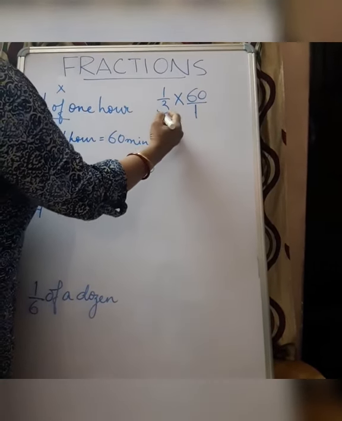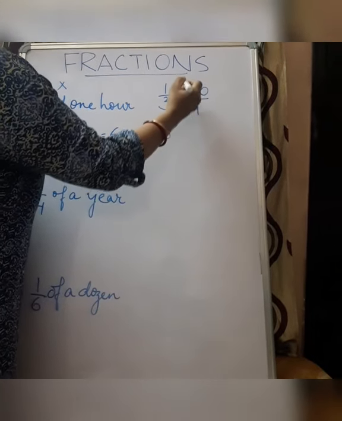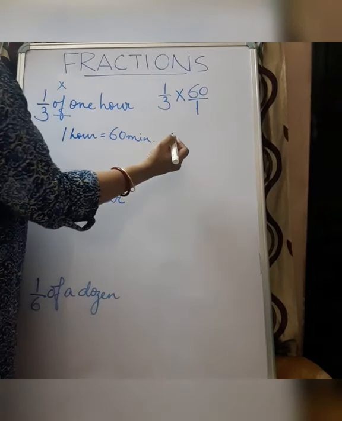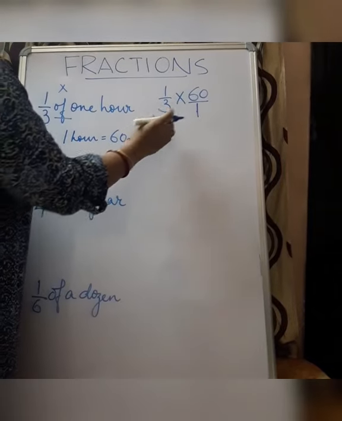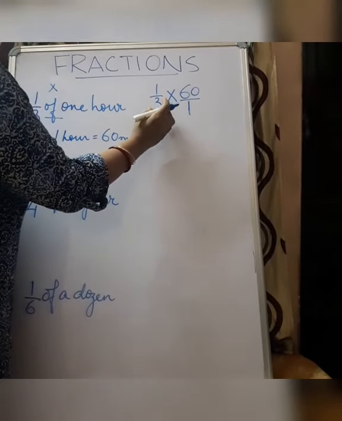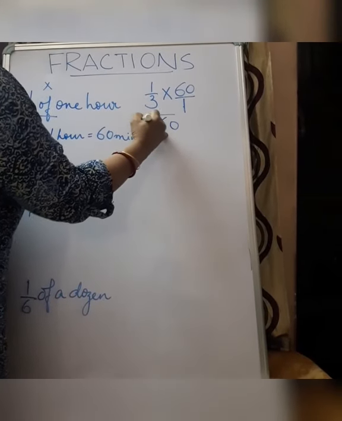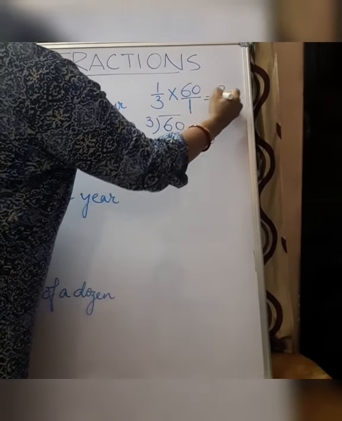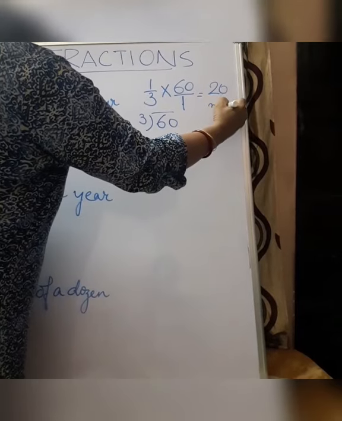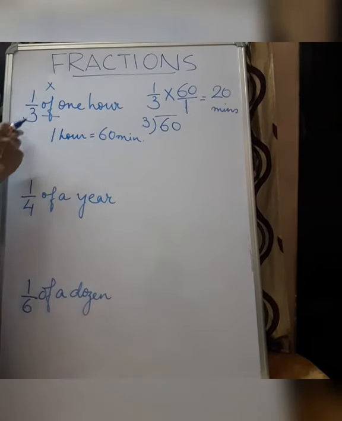So now we reduce it. Reducing means dividing the numerator and the denominator with the same number, or this denominator is also called divisor. We can divide 60 by 3, so it comes to be 20 minutes. So 1/3 of an hour is